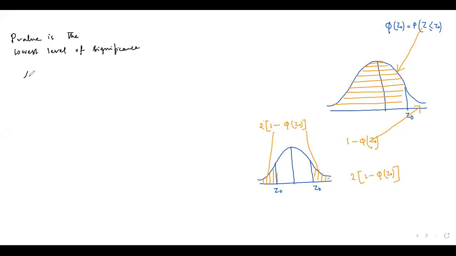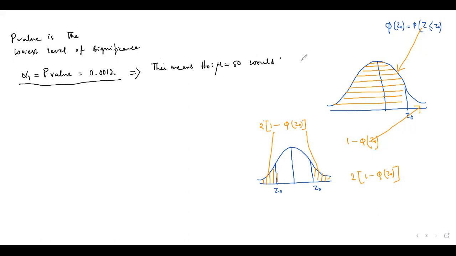In this problem, we have got the p-value, which I'm denoting by alpha 1, and the value which I have got is 0.0012. Whenever I'm getting this p-value with respect to the given problem, this means the null hypothesis H0 that mu is 50 would be rejected